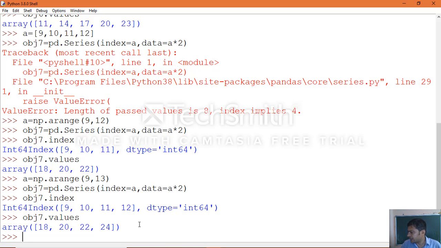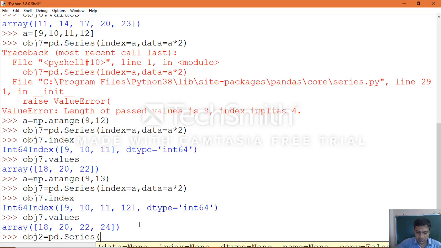Now we will take another example. obj2 equal to pd dot Series of 3.5, 5., 6.5, 8.